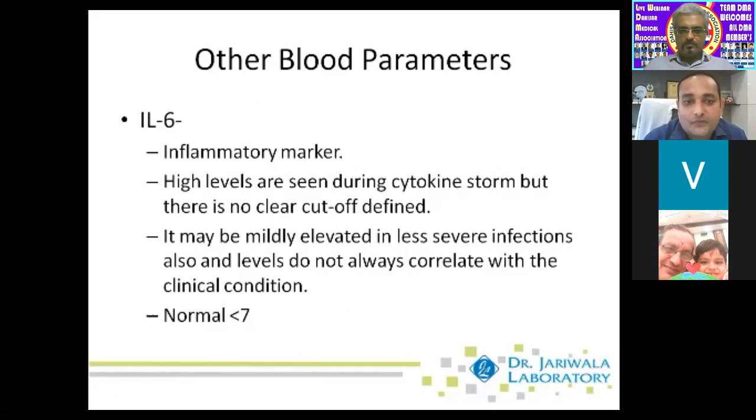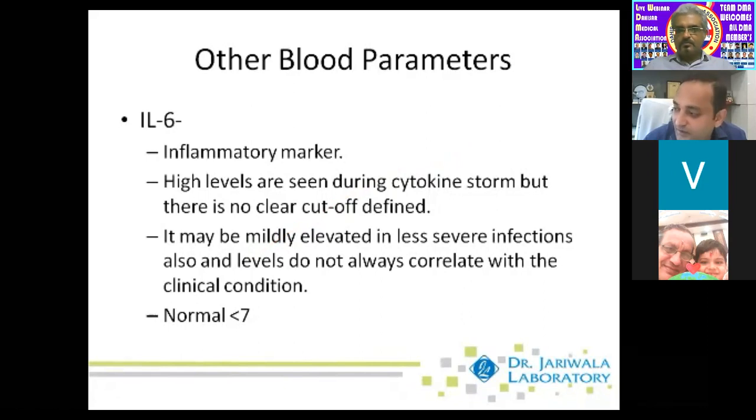However, there is no clear-cut cutoff wherein we can say that IL-6 levels are high and now the patient is in cytokine storm. Elevated IL-6 levels do not always correlate with the clinical condition of the patient, and hence you cannot take IL-6 as the only marker for an indication of cytokine storm. What I'm saying about IL-6 also holds true for the other markers that we have just discussed. We need to take the comprehensive picture into consideration, with the blood markers as well as the clinical condition of the patient. We cannot simply rely on one marker and take a decision.